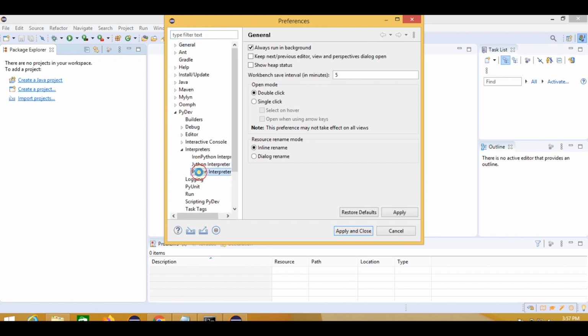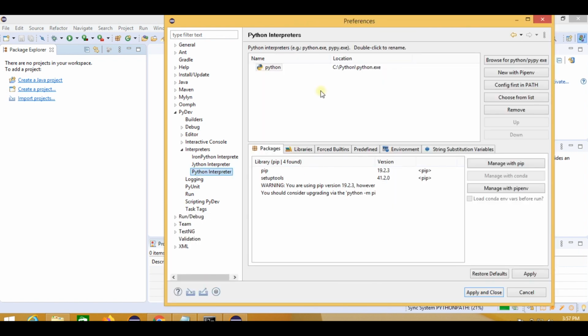and then go to Python interpreter. It will automatically search for the Python version that is present on the system and display the location as well, the location of the python.exe file. In some cases it does not automatically fetch the Python details, so for that we have to click on this config first in path. When we click on it, it will start searching for the python.exe file on the system, and if it finds the python.exe file, it will automatically link it with the PyDev